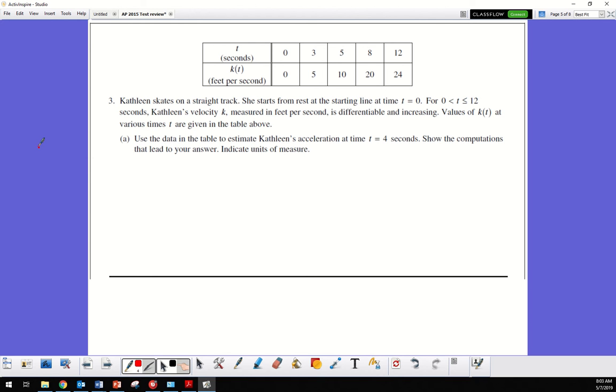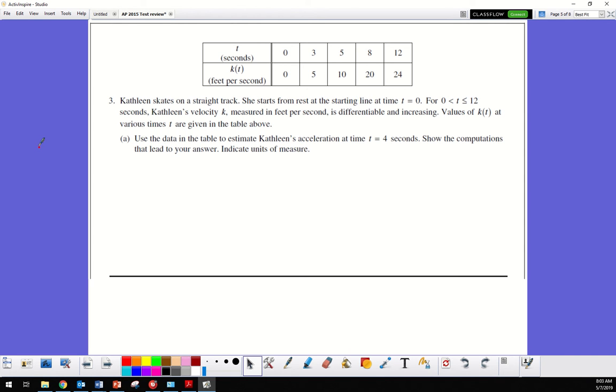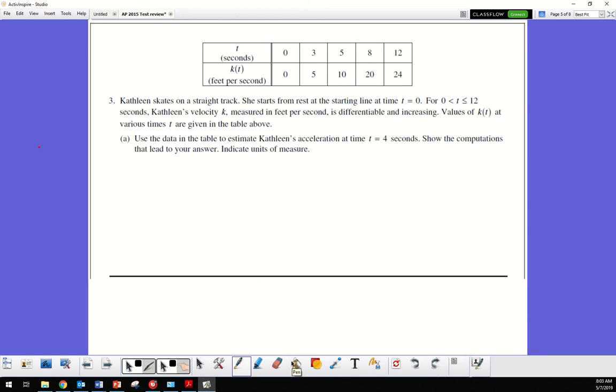Say Kathleen skates on a straight track, starts from rest at the starting line. T equals 0 for 0 less than or equal to t less than or equal to 12 seconds. So Kathleen's velocity k is measured in feet per second. That information is very important. So what does that tell me if it's feet per second? It's velocity, it's the rate. Very good. So that is my velocity